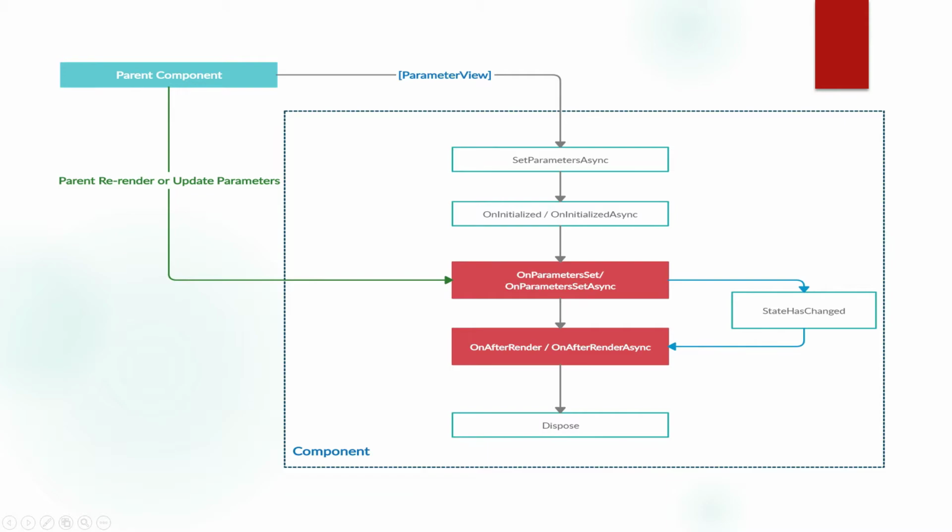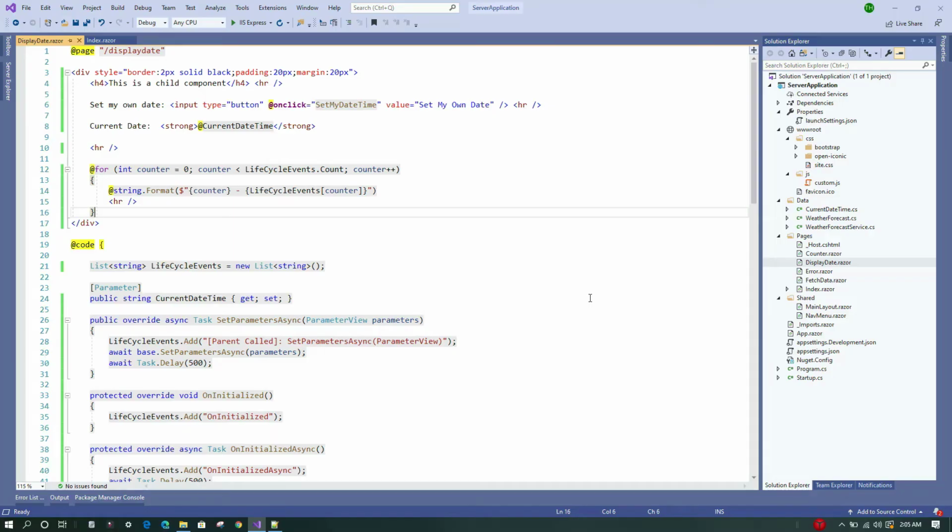Just in case any of the state has also changed in the component, these two methods are always called. Okay, now let's look into the code and see the workflow of these methods. Here in Visual Studio I have created a Blazor server application and I have added